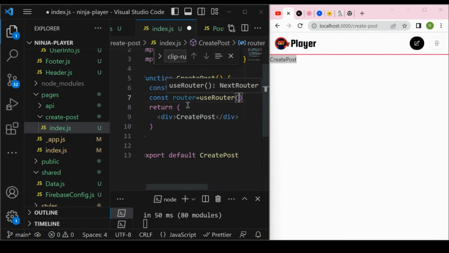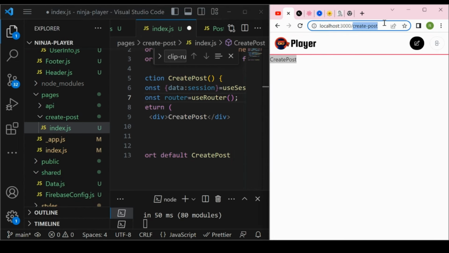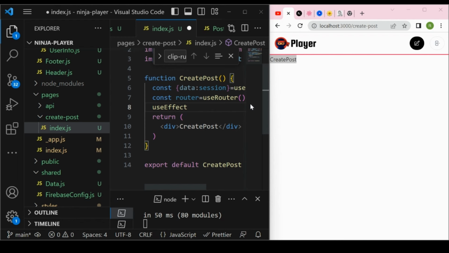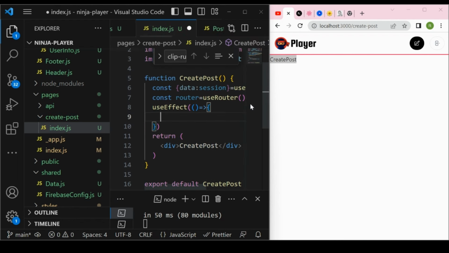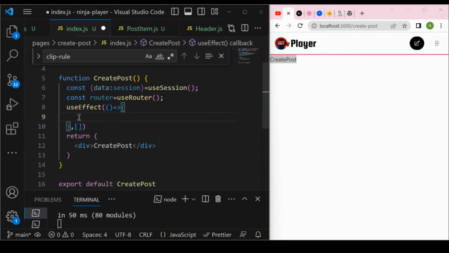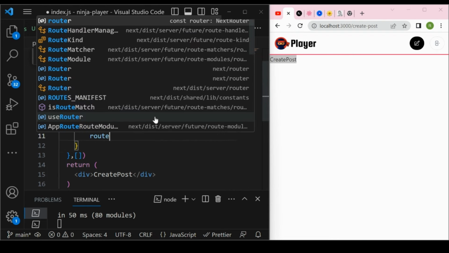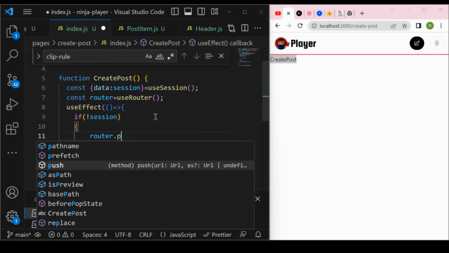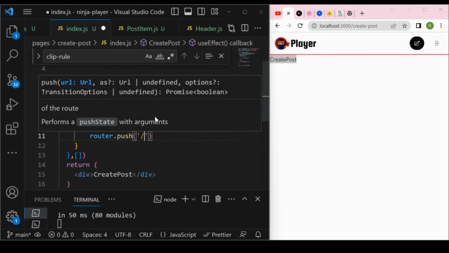So what we can do, if the user is not signed in and jumps to the create post directly by URL, then we have to redirect to the home page. That's the reason I define this router and define useEffect. Inside the useEffect, with the empty array, it will execute only once, once the component loads. And inside useEffect, we can put one condition. If session is not there, means the user is not logged in, then redirect to the home page. So just add router.push, and that's the home screen, the default screen,